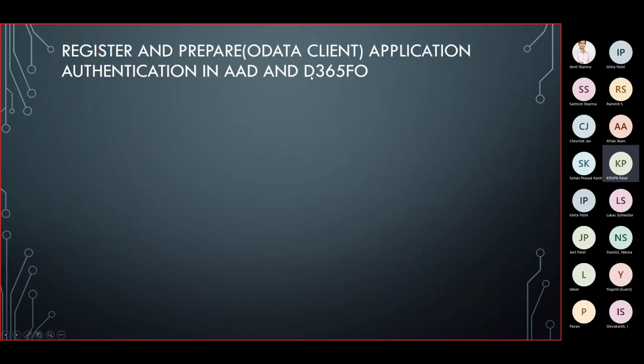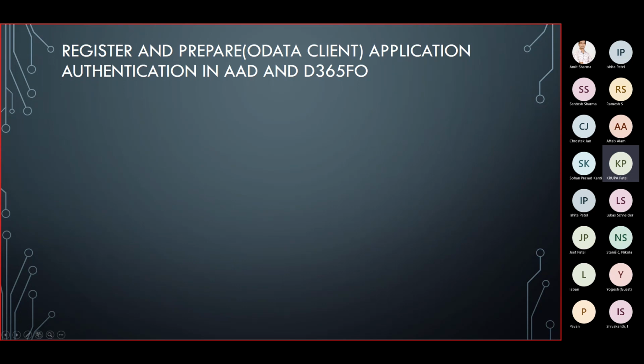Now we will register and prepare authentication in Azure Active Directory and D365 FNO. First of all, why do we need this? We need this step because we are going to create an OData client app, and it cannot run alone. It will run in the same environment with Azure Active Directory and D365 FNO, using the authentication mechanism provided by the OAuth 2.0 standard.